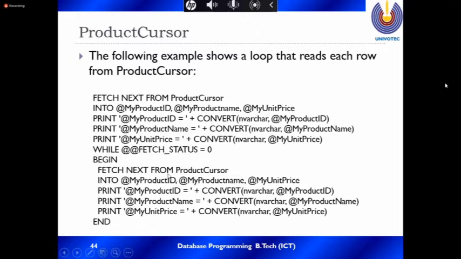Begin. Fetch next from product cursor. First we check and get that one row. Then again we check whether there are rows or not. While @@FETCH_STATUS is 0, if you have a row, get the row.